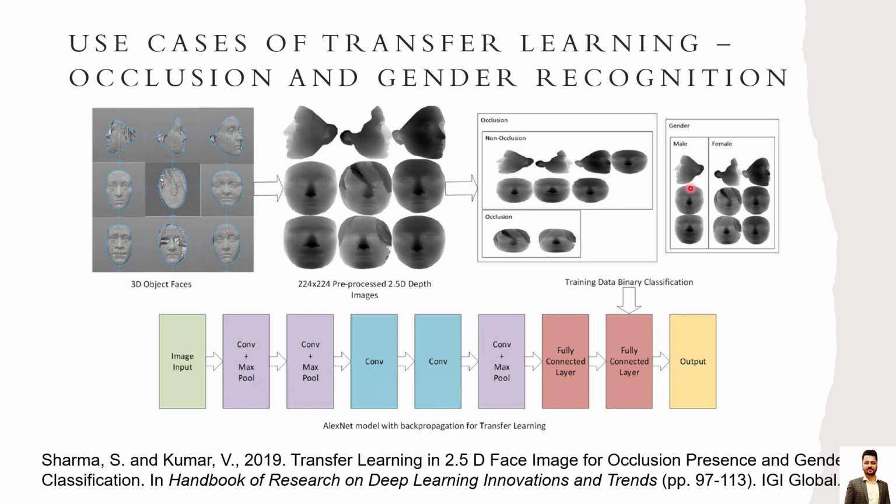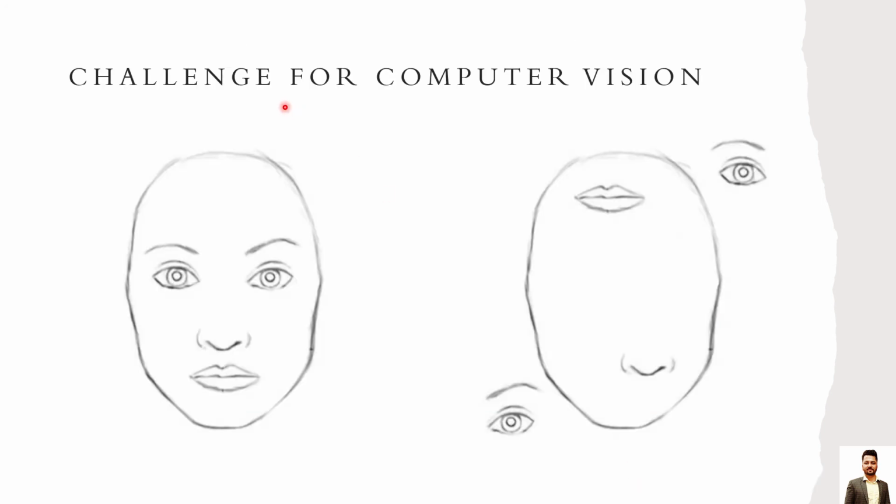My model was trained, and I have taken the example of AlexNet here in the diagram. At this fully connected layer level, I gave my classification as binary, and I gave the input image from the occlusion dataset or the gender dataset, and I got my work done for binary classification in the case of occlusion and non-occlusion, and also male versus female. This was one of the use cases that I implemented in this research paper using AlexNet, but there were also many other models implemented. You can go and read my research paper about that. This is one of the very interesting challenges for computer vision.